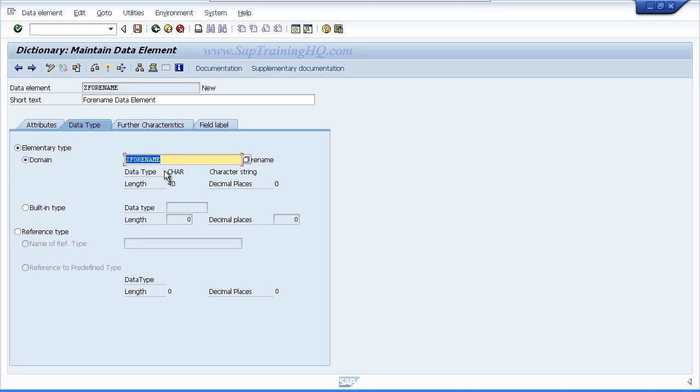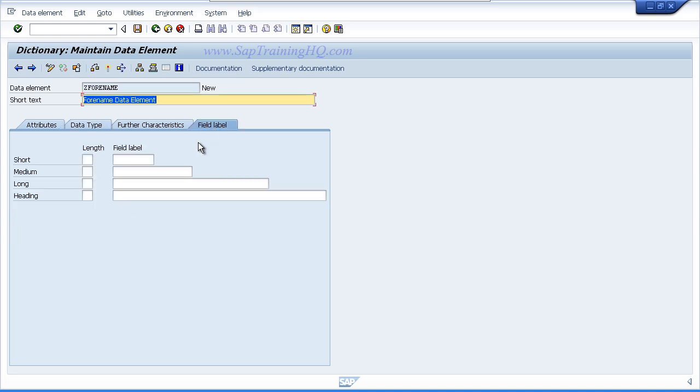Ensure the domain properties have come through, which they have in this case, and now go into the field label, and I'm going to enter the word forename into all 4 field labels. Press enter to automatically fill in the length of each field label, and then click the activate button.